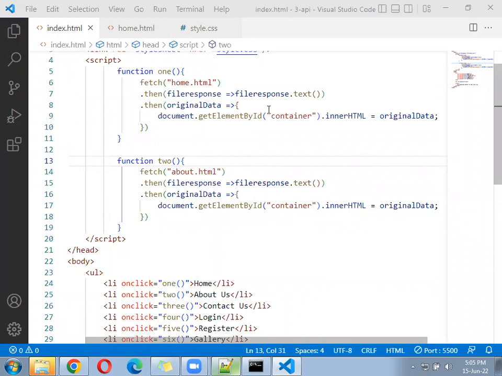Saturday we have a bootstrap class also in the morning. Okay, then we can log out. For the remaining static pages, you create them and just copy the function and put there the